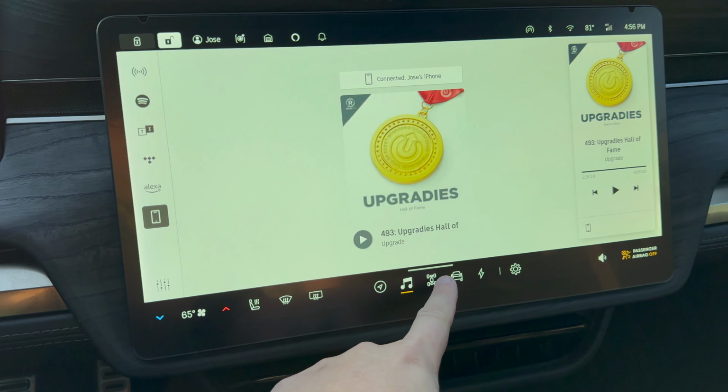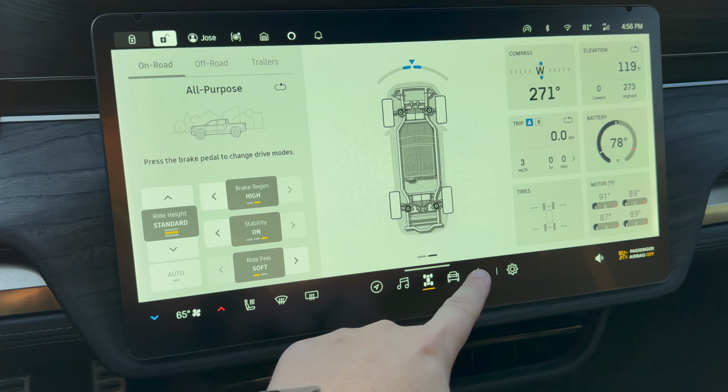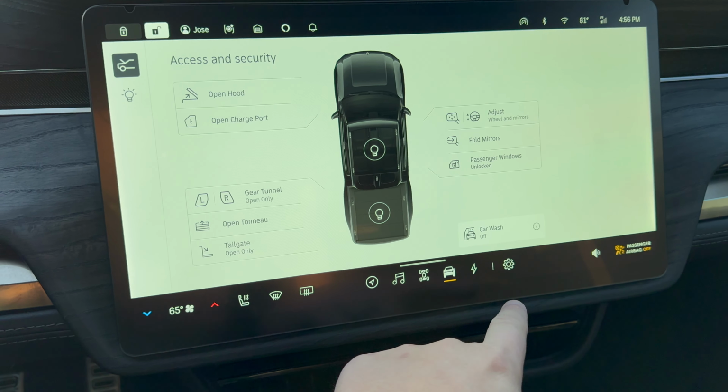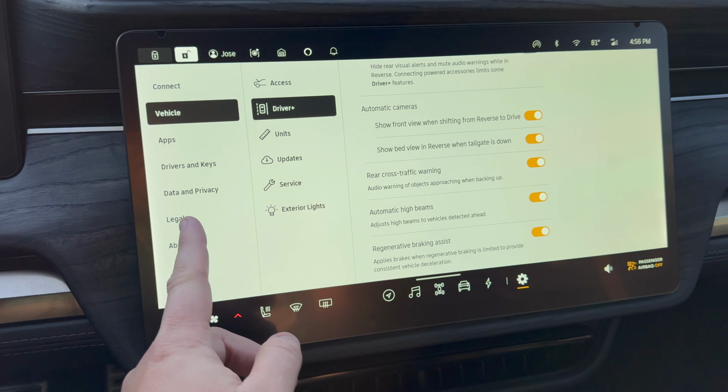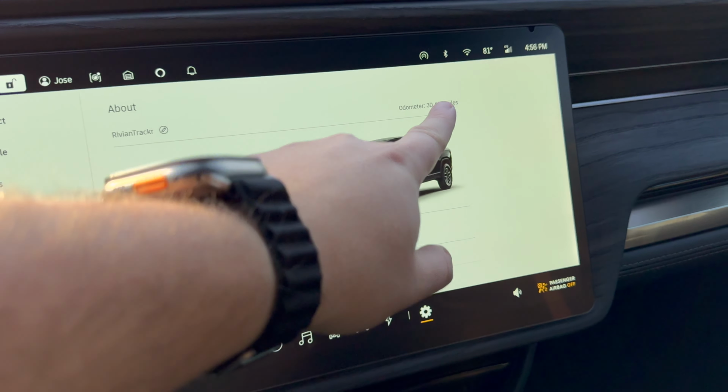Anything else? I don't know if there's anything else through these screens. Just double check. I don't think there's much else, but anyways, also